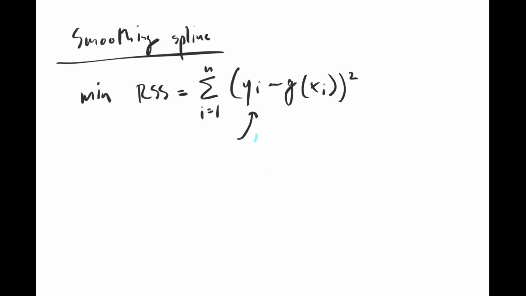But now you've got this extra term over here. And so this may remind you of something we've done before, right? So the ridge and lasso regressions, we have some extra term that is going beyond